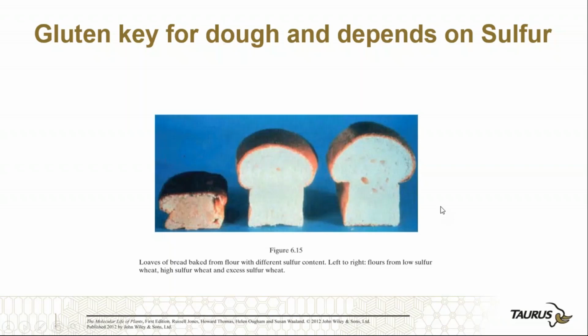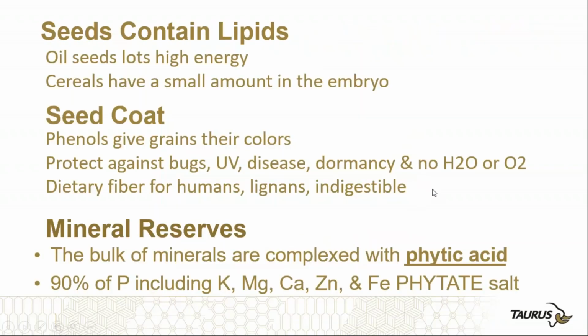But more importantly, the plant in senescing puts a lot of sulfur in, and when I show you the content of wheat, there's actually a lot of sulfur in there. Cysteine is the first amino acid produced in the biosynthesis of the sulfur amino acids, and then we get the other one, methionine, and glutathione, which is key for stress management. The plant loads the seed with sulfur because it's key to germination in the spring.